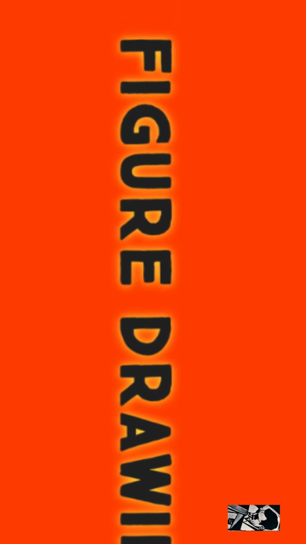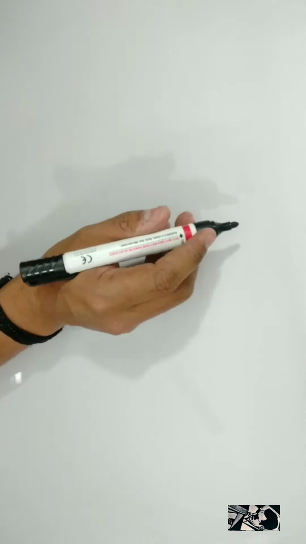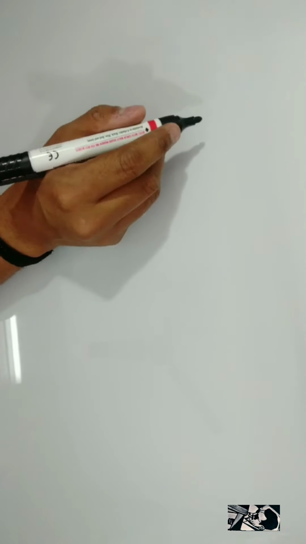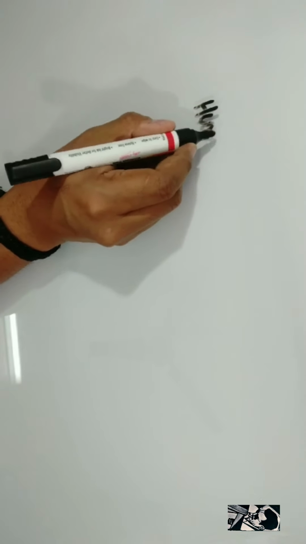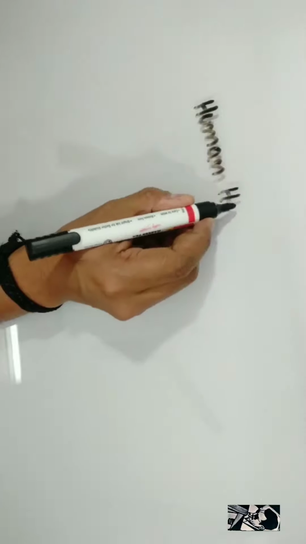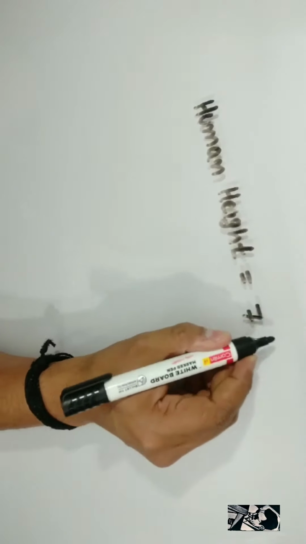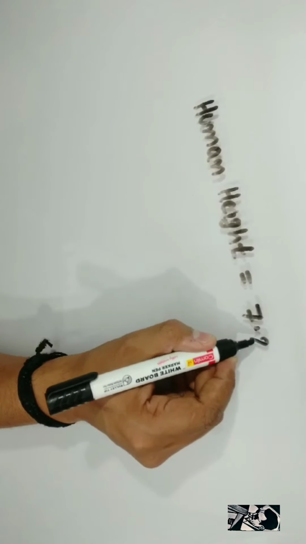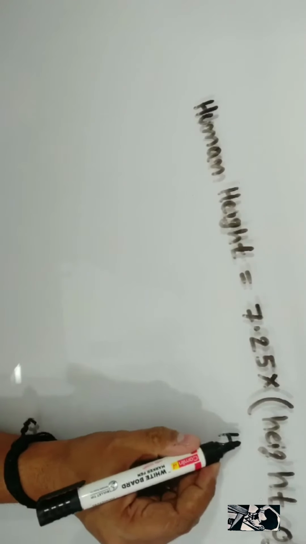आज के वीडियो में हम फिगर टाइम्स के कुछ लेसन स्टार्ट करेंगे। तो हम बेसिक से शुरू करते हैं, जिसे बोलते हैं ह्यूमन फिगर इन प्रपोर्शन। दोस्तों, हम सभी इस कन्फ्यूज़न में रहते हैं हमेशा कि व्हाट शुड बी द लेंथ ऑफ ह्यूमन हेड, व्हाट शुड बी द लेंथ ऑफ द ओवरऑल फिगर। तो जैसा कि आप डिस्प्ले पर देख रहे हैं, ह्यूमन हाइट इज़ 7.25 times of height of human head.